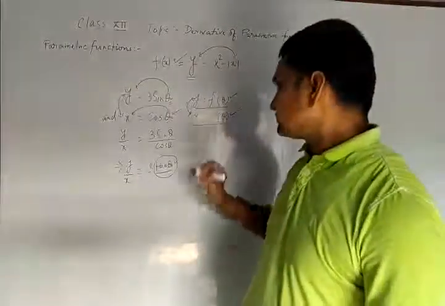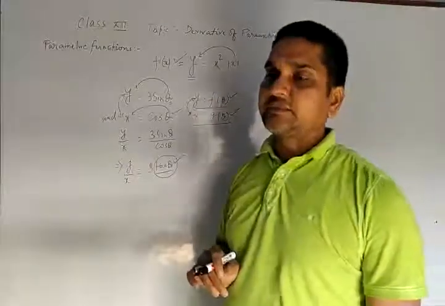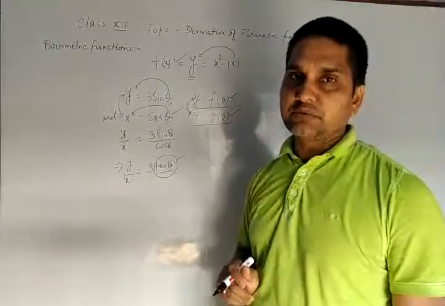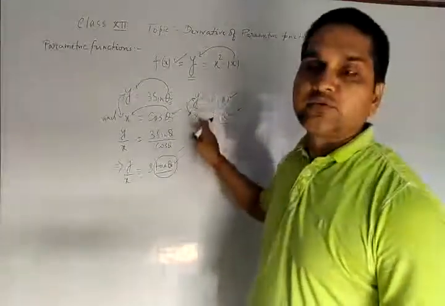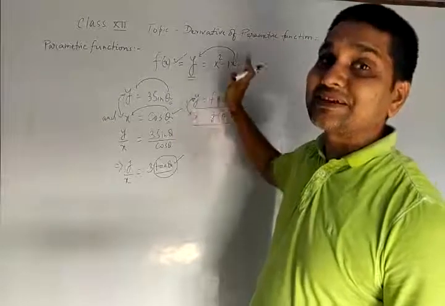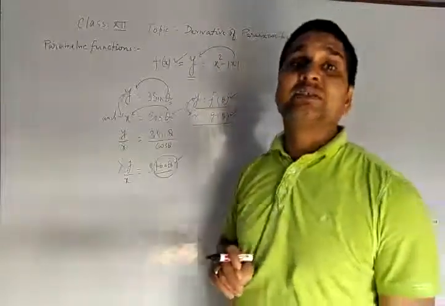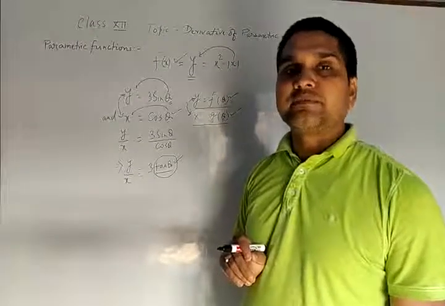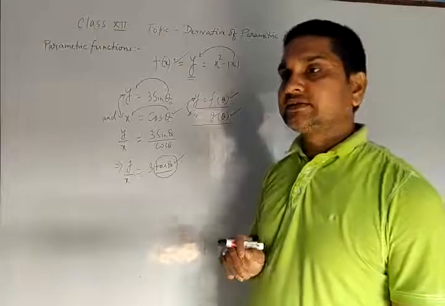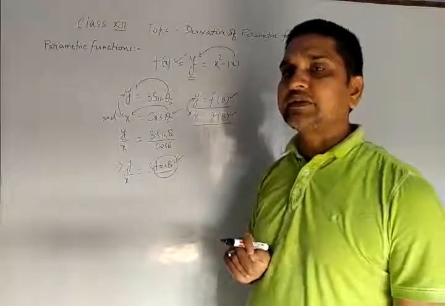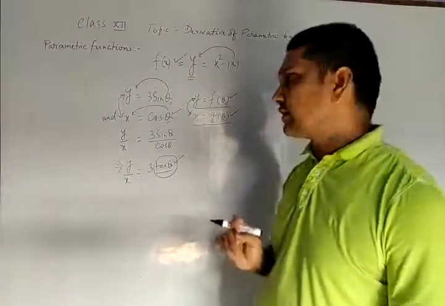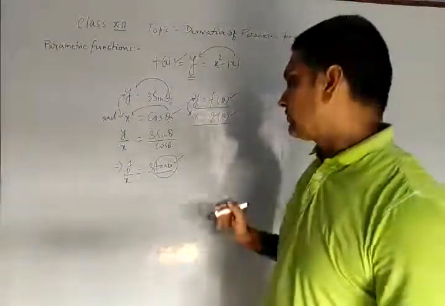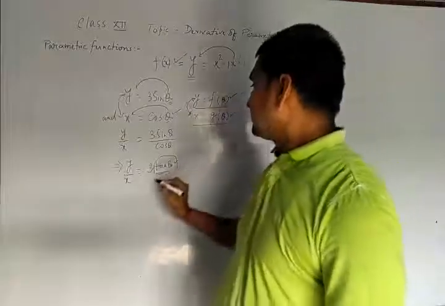Okay, so you have to understand, if three variables are involved in a function, in which two variables are expressed in terms of that third variable, then we can say that this function is in parametric form. Do you understand? This concept is very important to understand. Then we can start how the derivative of such functions is possible. So for that we are taking some examples.